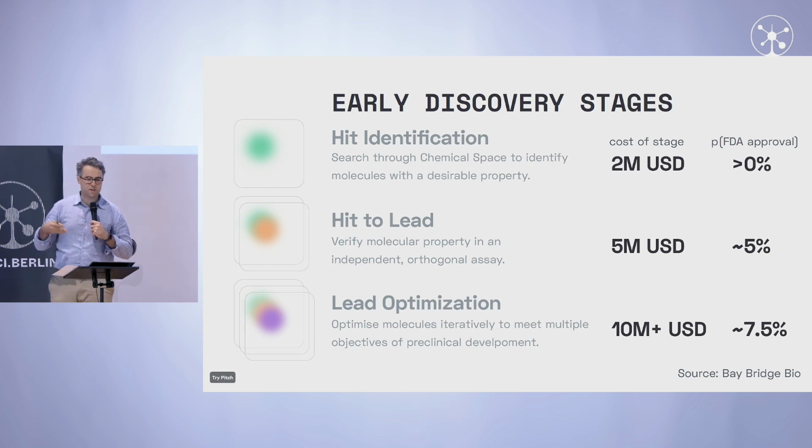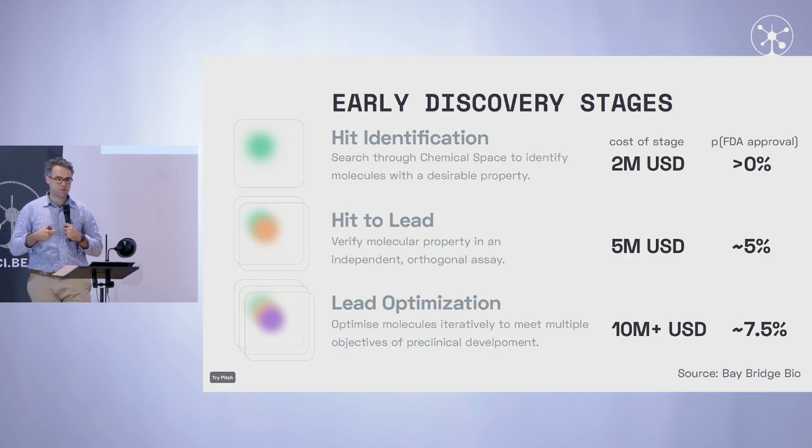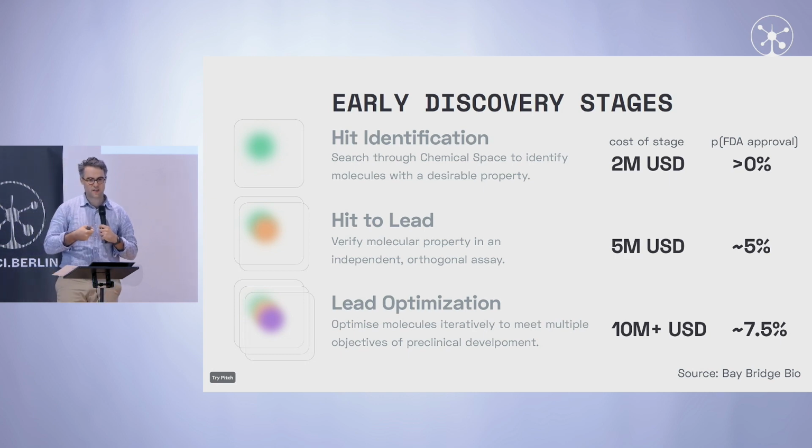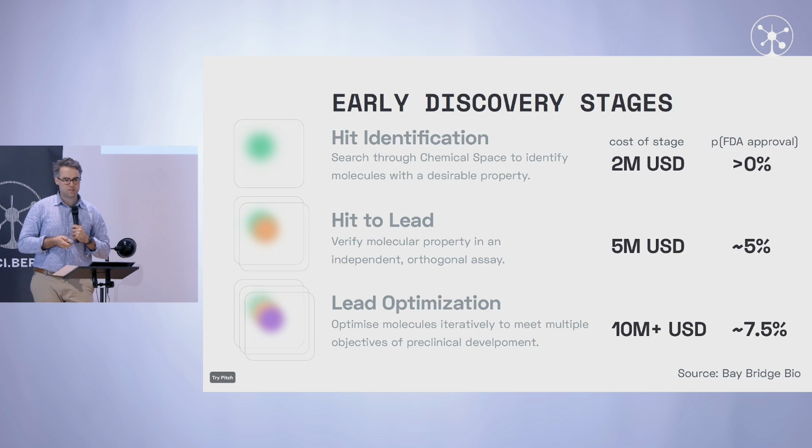So basically, the benchmark for industry to go from finding a target to actually having a molecule that binds to that target is at 2 million, yet the amount of money that we're putting to work in decentralized science is about 1/10 of that. And if we believe to have somewhat equivalent levels of return, we need to really get a bit creative and think about how can we get about the same quality for a fraction of the amount of funding that we give these teams.